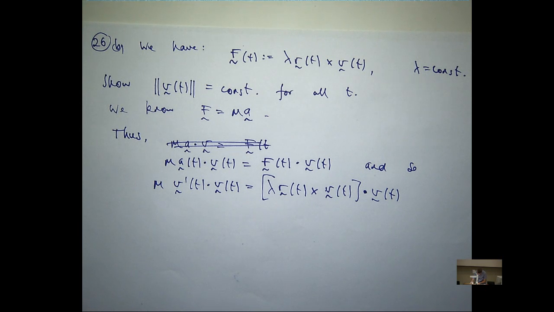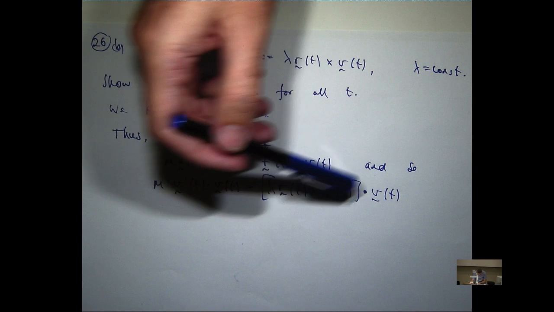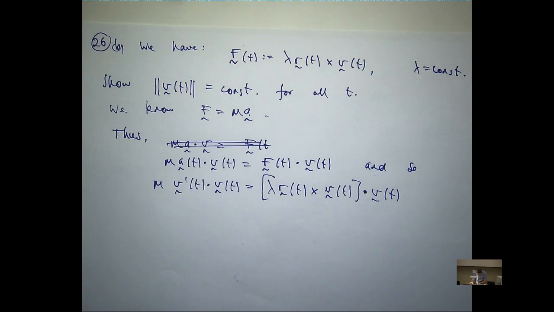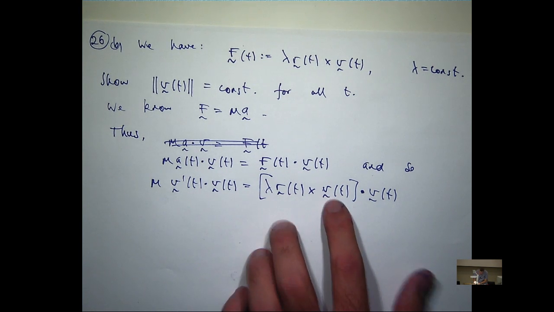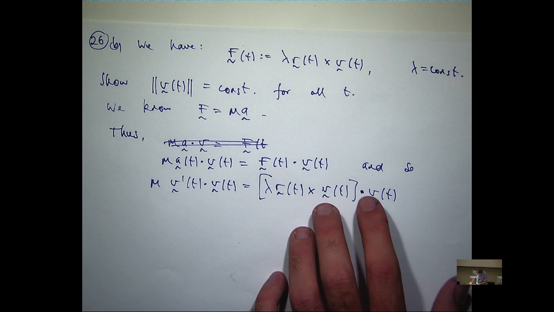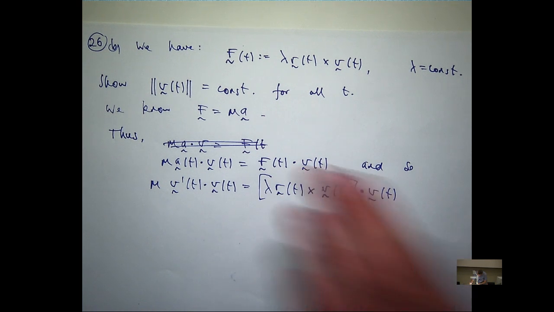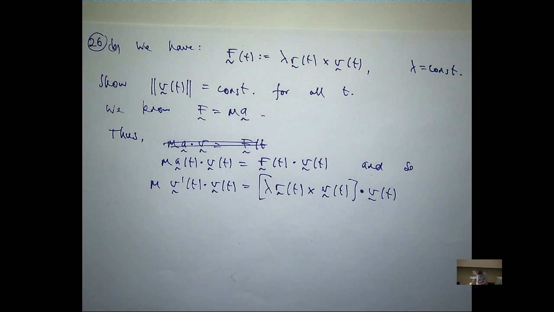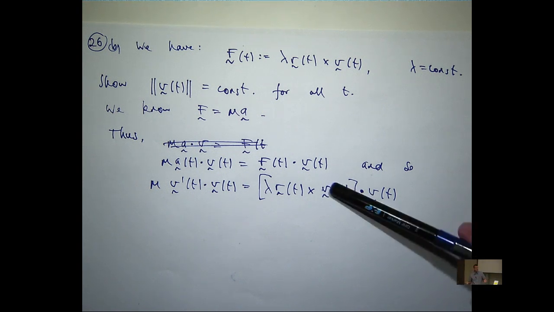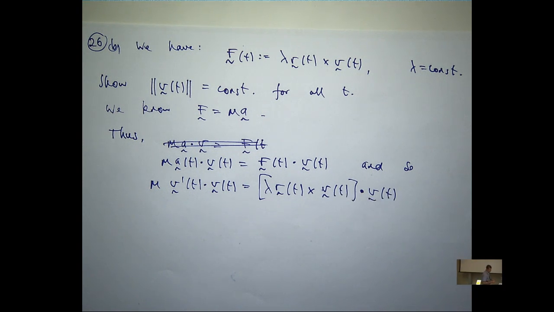But the height vector is the same as one of the base vectors. So in a real simple version, this is like the volume of a parallelepiped with no height. So it's got to be zero, because these have got to lie in the same plane. So the right-hand side is 0,